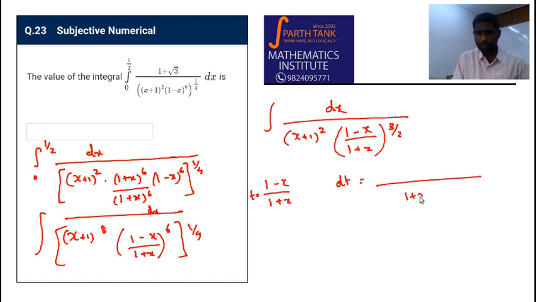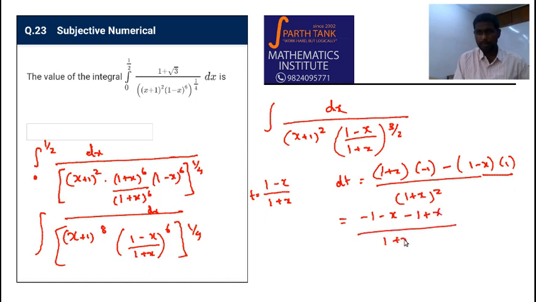Dt would be (1 plus x) the whole square, and then you put 1 plus x and differentiate the numerator, which is minus 1, and then you put minus and put the numerator itself and then differentiate the denominator, which is 1. So this becomes minus (1 plus x) minus (1 minus x), and now you discover that this is minus 2 by (1 plus x) the whole square, of course the dx. So dx upon (1 plus x) squared, which is what we have here,